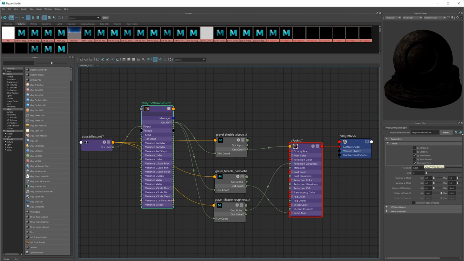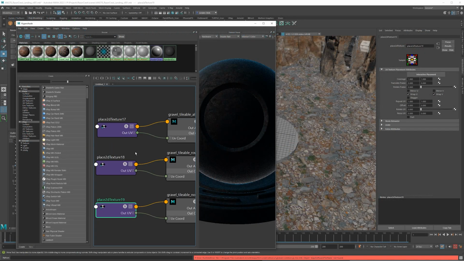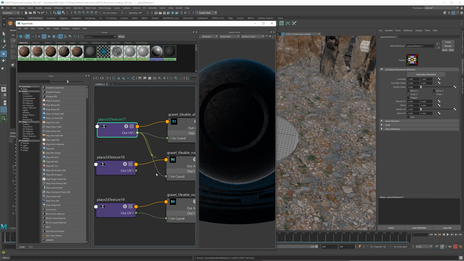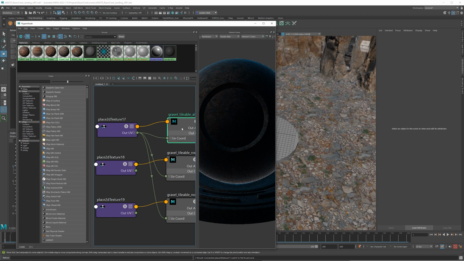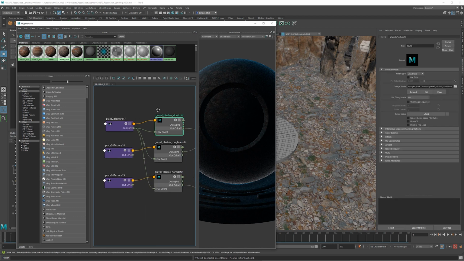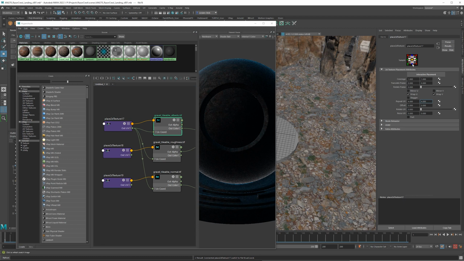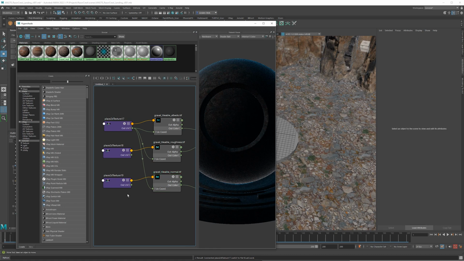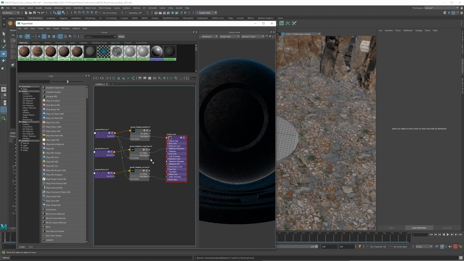So now we're going to go back to the original lecture and I'm going to show you a technique that does not require modifying the placement node. So what we can do is something like this. On the placement texture, we can just take one of them as reference and then plug the UVs into all of them. And then when we select the gravel tileable, for example, and then we go to the texture node 17, you can see, hey, look, it's been added. And then we select this one, and then we can see, hey, placement node 17 has been added, and it's 4x4. Same thing on this one. It's been added.